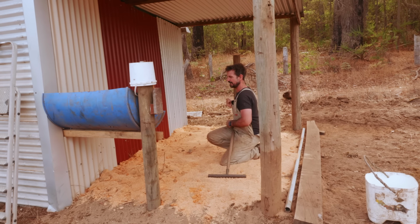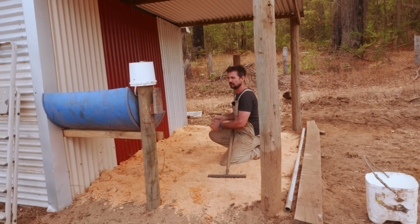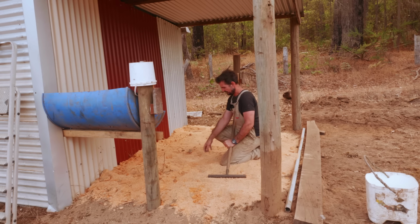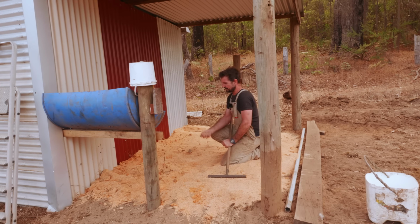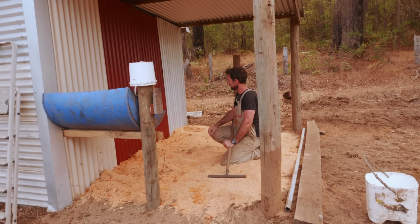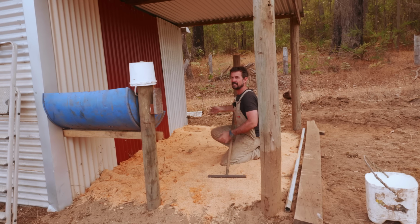Some people like to make their milking parlour floors out of concrete, which is fantastic if you want to be able to wash it down with a pressure hose or something like that to keep things hygienic. Another view on keeping things hygienic is supplying enough carbon to absorb urine and things like that. Obviously, if the cow takes a poo in here, I'll scoop that and take that away to my worm farm, which